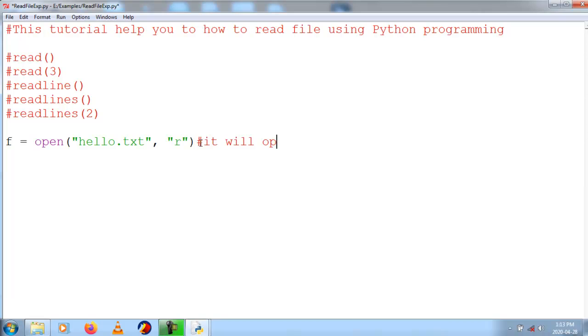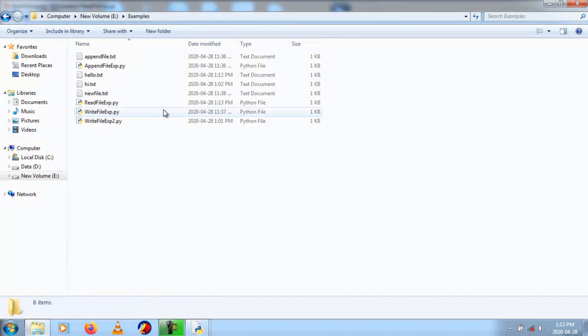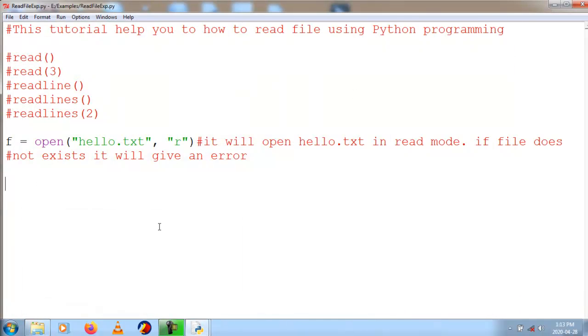Clear? Obviously in my examples folder I have a file called hello.txt, so it will not give any kind of error.